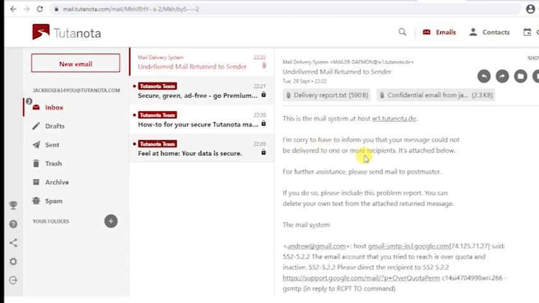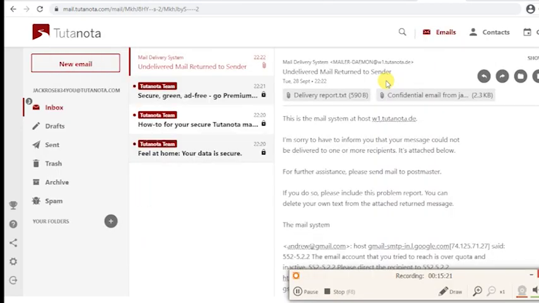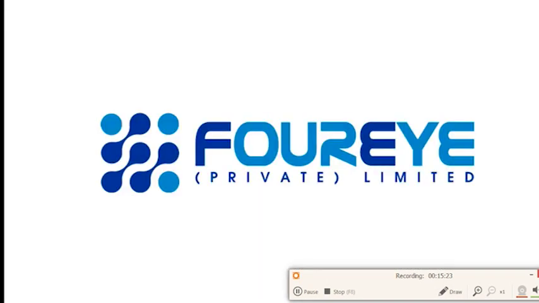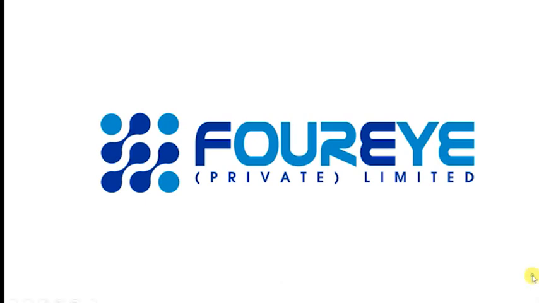So this is a very useful email service which you can use as a subsidiary for Gmail or Yahoo to maintain anonymity, because Gmail or Yahoo directly wants a phone number to authenticate you. Also you have the contacts and calendar options available like Gmail, and spam, archives, trash, all are there. So this is a fully fledged email account which is anonymous.